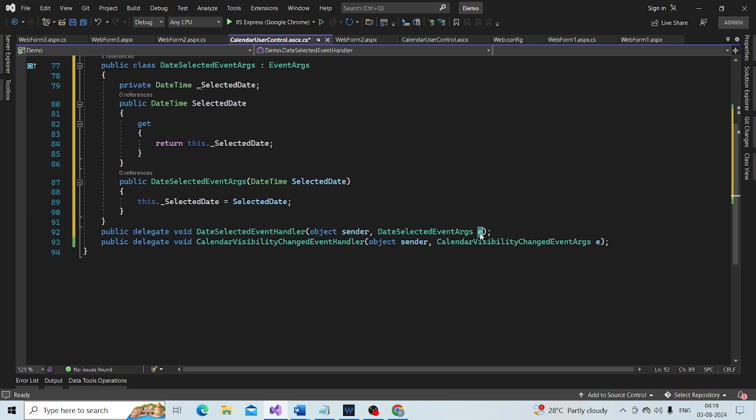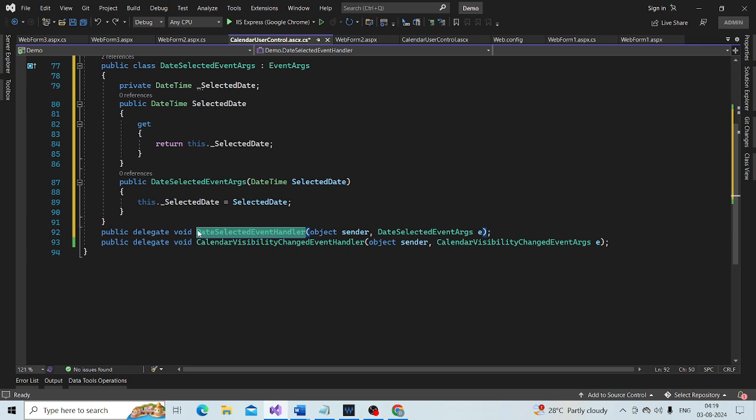That is why we need to pass that object, which contains our event data, to this delegate.